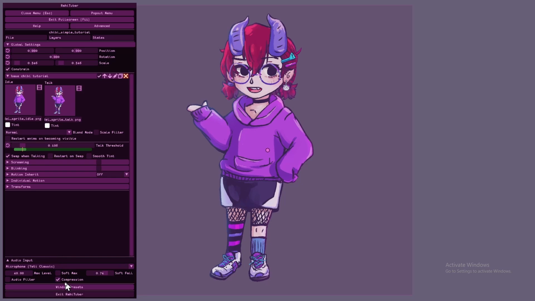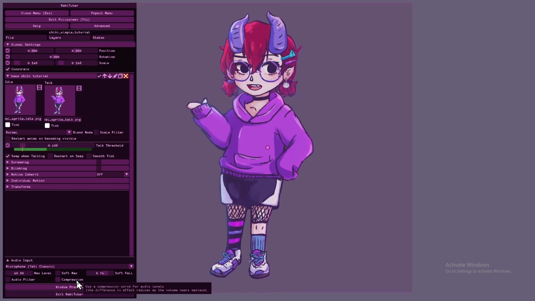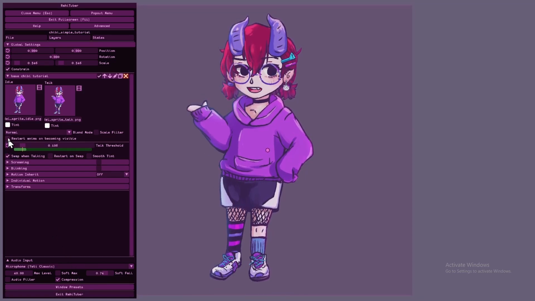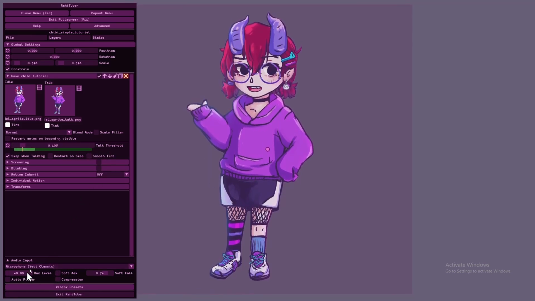This next setting that I'm playing with is compression. Compression is kind of a tricky one to explain, but you can visually see the effect right away. It caps my audio right at that indicator, and it'll change based on your max level. So a lower max level will make that compression cap you at higher on this bar. It's a little bit difficult to explain, like I said, but try it out and see the differences. I don't find very much success having compression on at all because my software thinks I'm being so loud all the time. It's kind of like sticking me at max constantly when I have compression on.